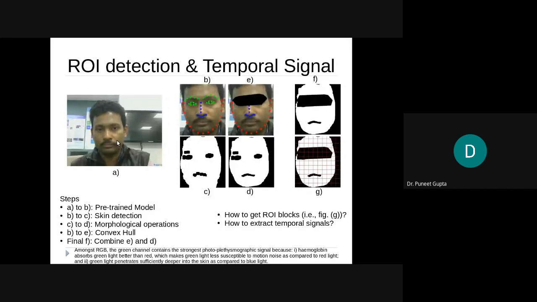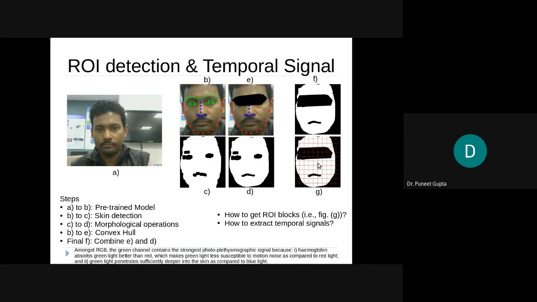So I just take their average. Their average is going to be just one value. Corresponding to the first frame, I get one value. Then I take the second frame, again put this arrow, and I get my second value. And that's how, if you have 300 frames, you get 300 values, and that represents your one signal. So corresponding to this one ROI, I get one signal. Similarly, I take the next one, next one, next one, and for all the regions of interest that I have, I get one temporal signal.